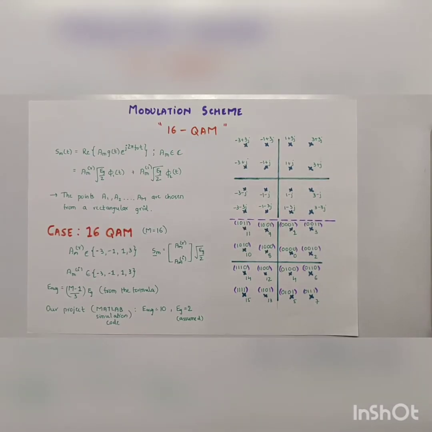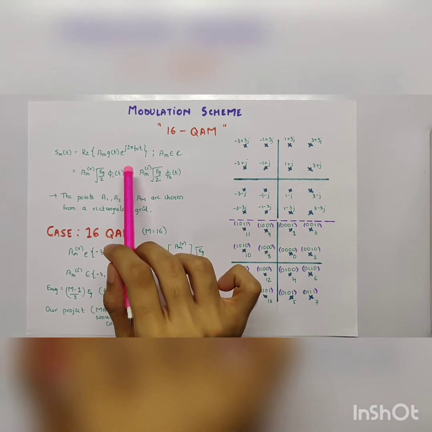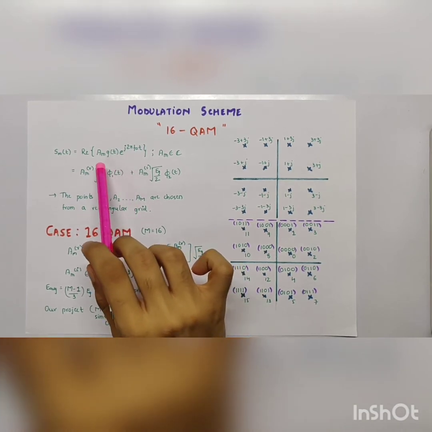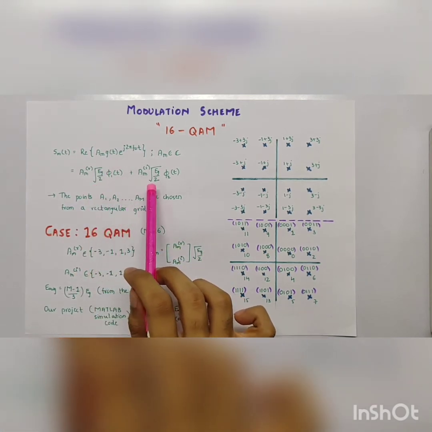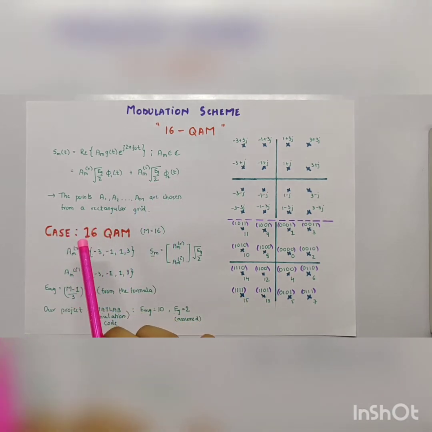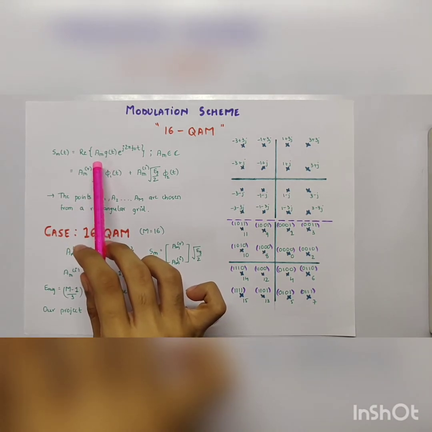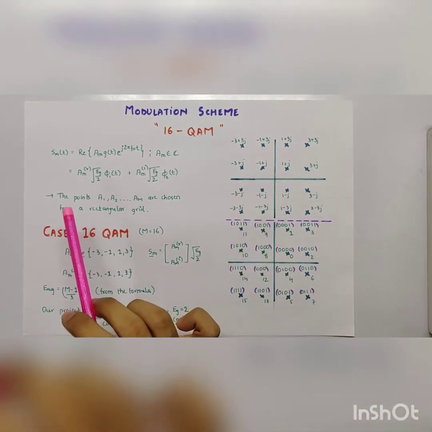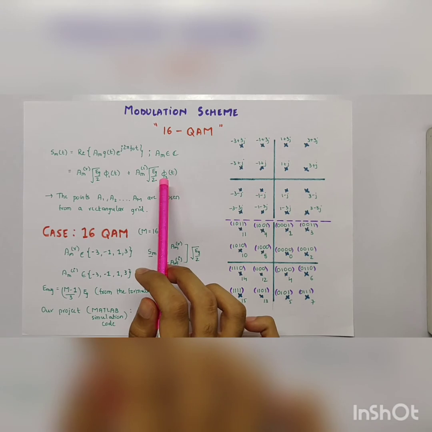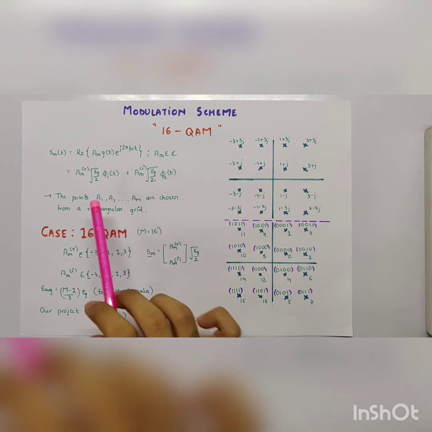We are only going to discuss 16 QAM. Our message signal s_m(t) is basically the real part of a baseband signal modulated by carrier frequency f_0 times a complex factor A_m, which decomposes into real part times the first orthogonal signal and imaginary part times the second. The most important point to note is that our message is encoded into the factor A_m, which is the only distinctive feature between the different signals and vectors in our space. These orthogonal signals are unit energy signals consisting of a baseband signal modulated by sine and cosine of carrier frequency.